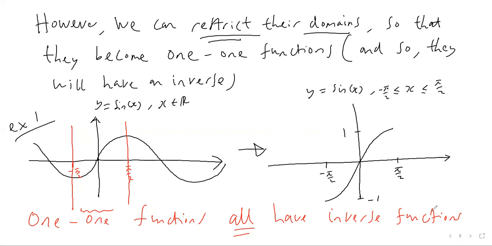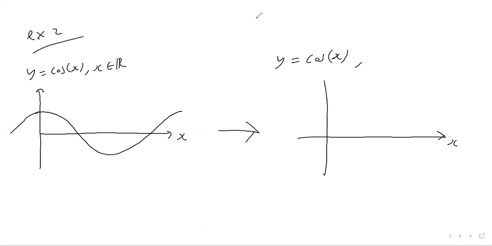So we now get a one-to-one function there. And we want to do a similar process with the cos graph. So again, if we think about a cos graph, let's try and restrict the domain so we get a one-to-one function. Obviously, if we draw a flat horizontal line across, we're going to get points of intersection. But if we cut off the graph at x equals 0, and cut the graph off here at x equals pi, then